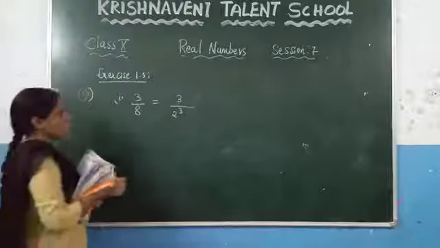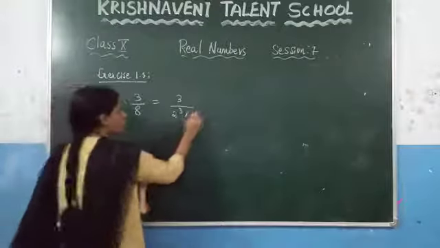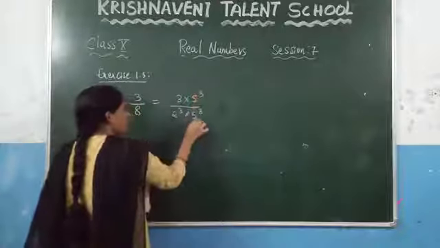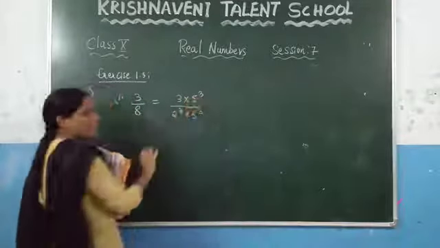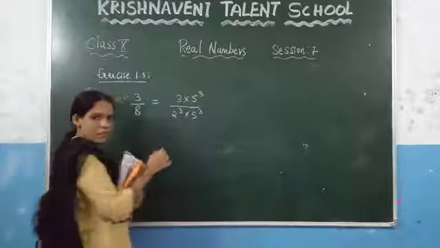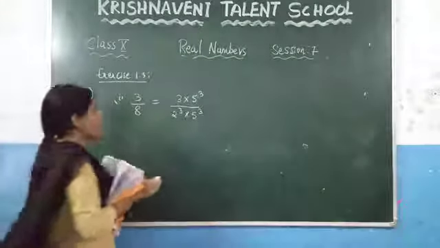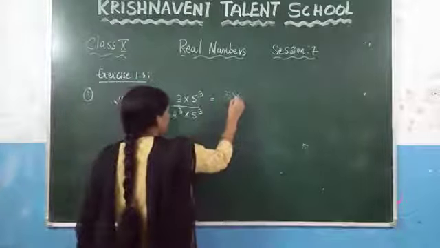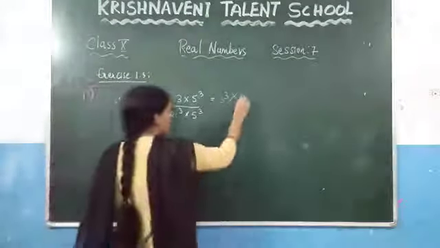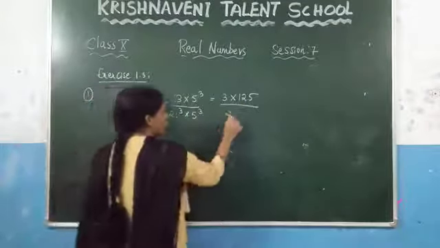Now here, with 2 cube, which number do you have to multiply? You have to multiply with 5 cube. Since we are multiplying in the denominator, we multiply in the numerator also. So here at last we get 2 into 5, which is 10. Now we can express this in the form of a decimal. So here we get 3 into, what is the value of 5 into 5 into 5, which is nothing but 125. Now this you can write as 2 into 5 whole cube.